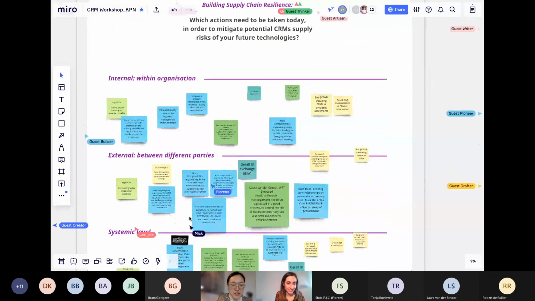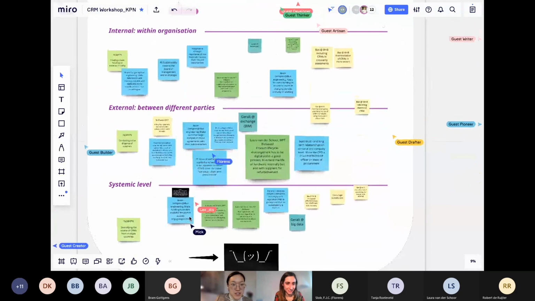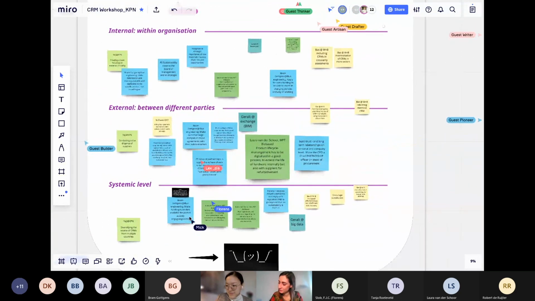Gloria, would you like to discuss some points that are mentioned here? Yes, just to quickly summarize, for the internal, there was a lot about strategic importance, and it also included board of management strategies, for example, including CRMs and circularity assessments. For external,